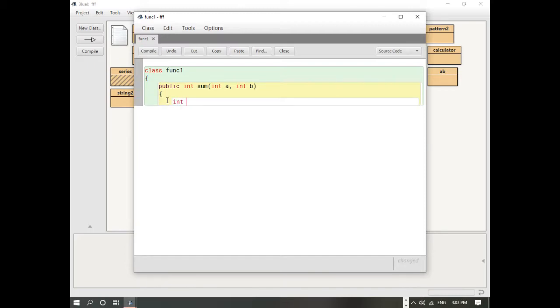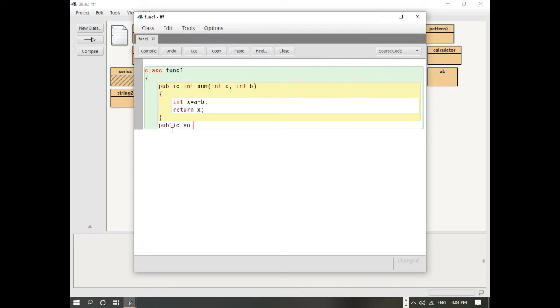And here int x, I am taking a variable, let it be x, and that is equal to a plus b, and return x. So this is the place where I have defined the prototype of this function. So what does a prototype mean? Means what type of variable the function is returning, what all arguments it is having, and what is the main function of the function. So what it is performing, that is called as the prototype. So here I have declared the prototype, and now I'm going to call the function.